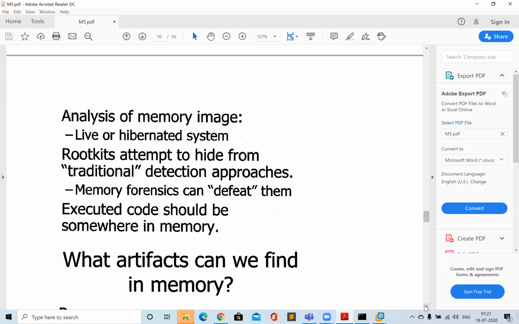But there are two problems over there. The first problem is that Belkasoft might not work on all systems. It might work on Windows 7 or some versions of Windows 10, but not on all Windows versions. The other difficulty is that when you execute another exe file, suppose I am executing Belkasoft on a suspicious system, it will also create a lot of artifacts in the RAM memory, and those artifacts might corrupt or overwrite the existing artifacts of the malware in the system.